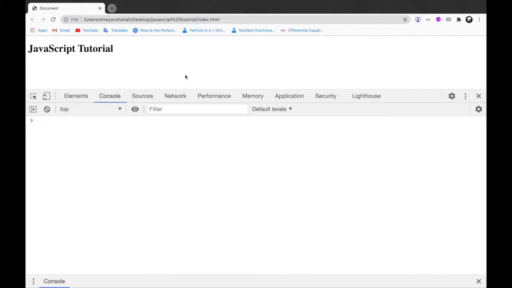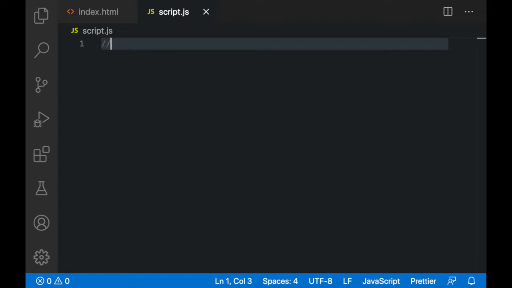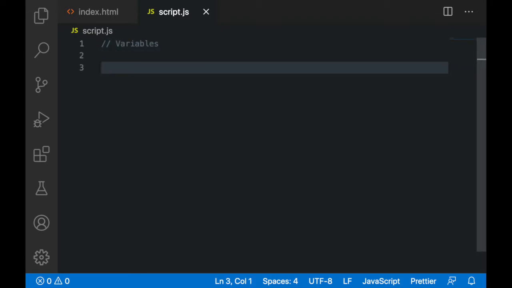So let us now start diving into our very first concept, and that is variables. Okay, so here I will write the name of my lecture, that is variables. Okay, and let's get started.